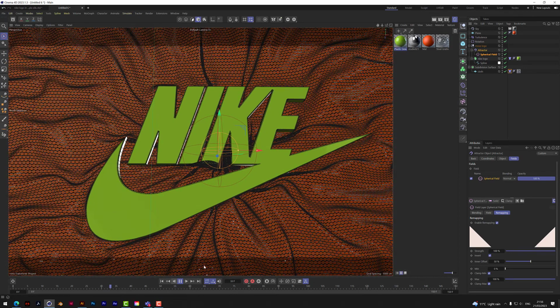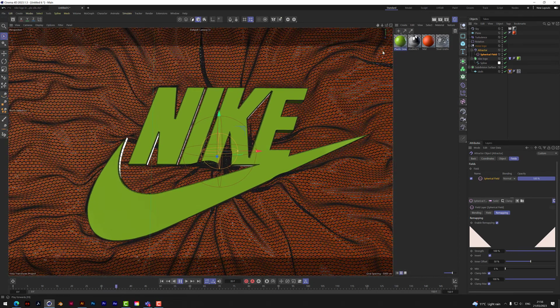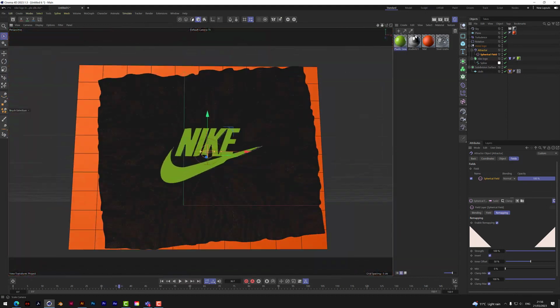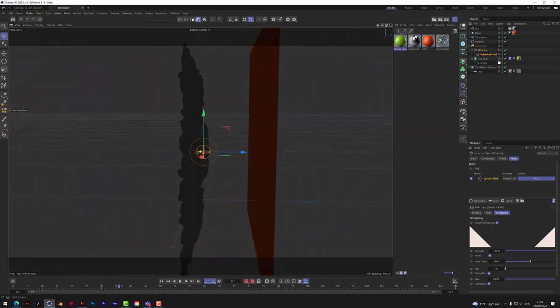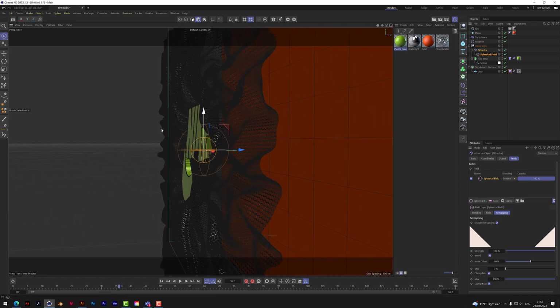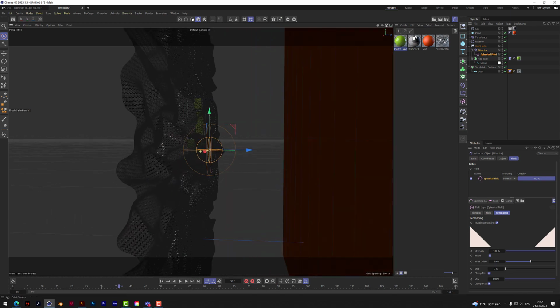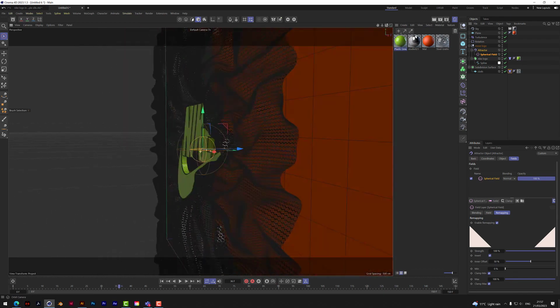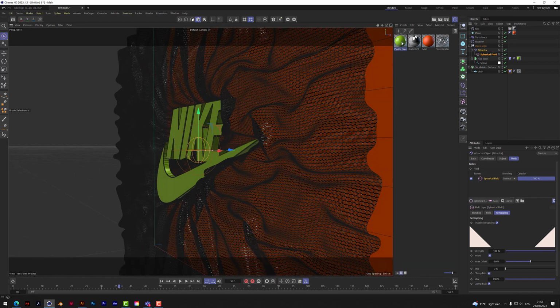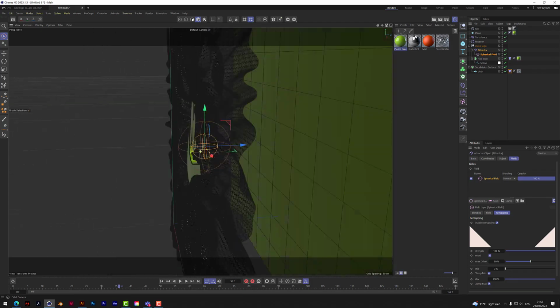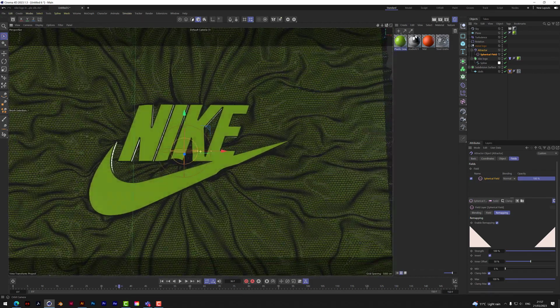Okay, so if I just take the camera out, I'll just show you what's happening. So the logo is going back through the material, it's passing back, and then you're seeing this color in the background. Okay, so we could just put that color on there. So we've got the sort of green on green. It's quite a nice look. I don't know if it will show up